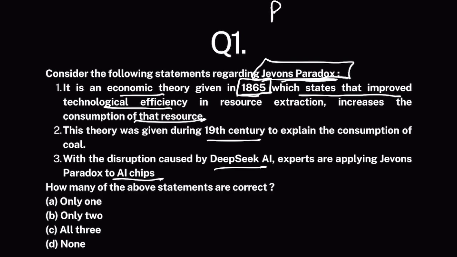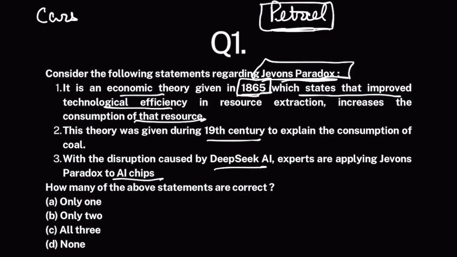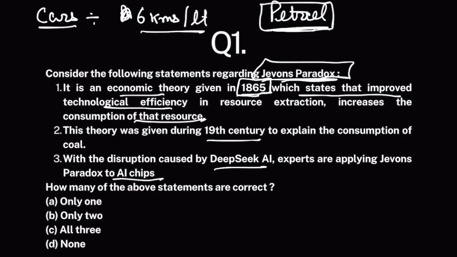Okay, let's talk about petrol. Now earlier cars gave very less average on petrol. Earlier cars were based on old technology, and the mileage given by these cars was, let's suppose, 6 kilometers per liter of petrol. This was the average. Now, as these cars improved, their technology improved. Now they were giving 20 kilometers per liter. That means because of technological progress, fuel efficiency increased. Now you require less fuel to travel the same distance.